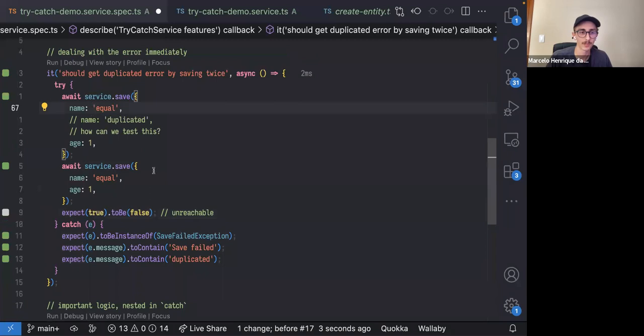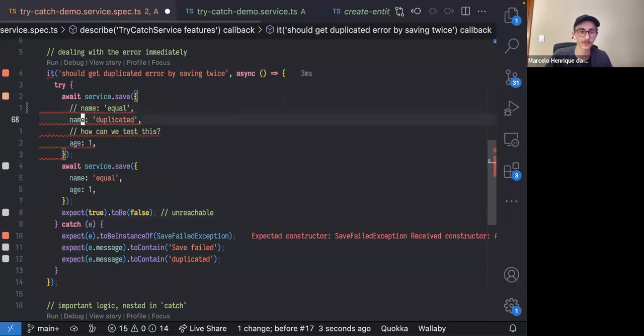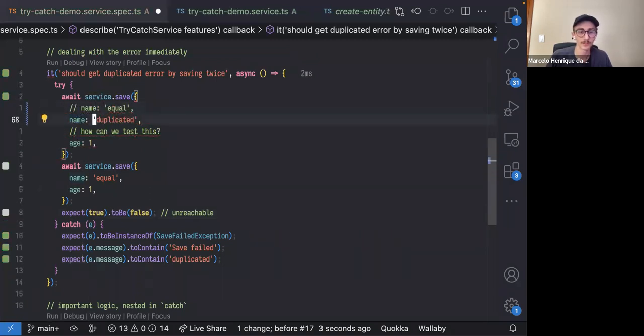But the problem is that, for example, if we uncomment this and replace the comment, the test continues to work because this line here has thrown the save validation exception. So now we don't know which one of these calls actually threw the error, and we're not testing the original scenario that we wanted, making sure that